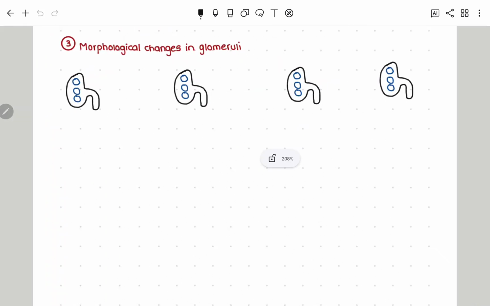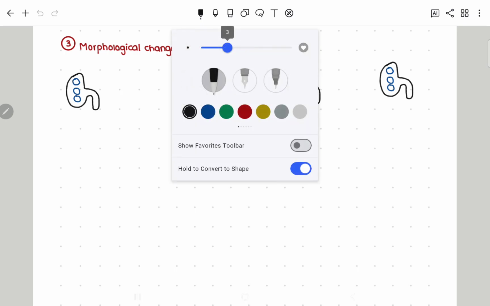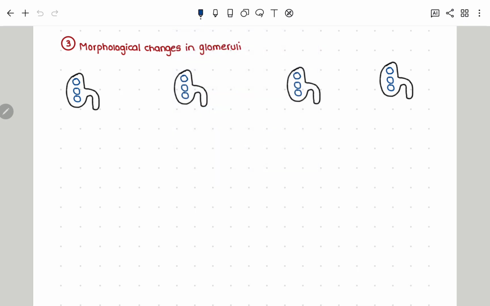And so the last thing we need to discuss, thankfully, is just the morphological changes that are seen in injured glomeruli. These morphological changes aren't very macroscopic. These are normally seen under a microscope, and what we really need to discuss here are the terminologies used to describe these changes in the glomerulus. So if the processes we've just discussed end up damaging all of the glomeruli, so all glomeruli are showing pathological changes,